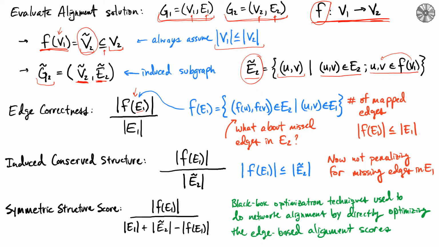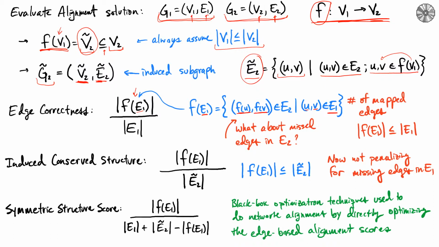What we mean by this is we look at the edges in the first graph, and those edges are connected to nodes. So for example, these edges which are in the first graph are defined by 2 nodes, u and v. So if those u and v are actually mapped